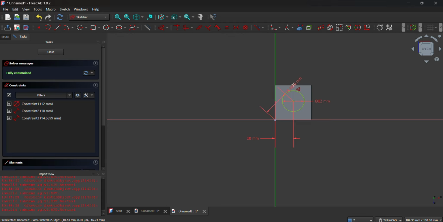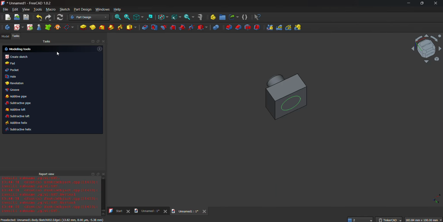Okay, this is what I'm telling you a while ago. The edge here is not visible, so it's hard to click. So you can use this one. But if the other side is clickable, then you no longer need to have it visible because you can use the edge at the bottom. So it must be 10. Okay, now you can see it's green. It's fully constrained. So you can click close.